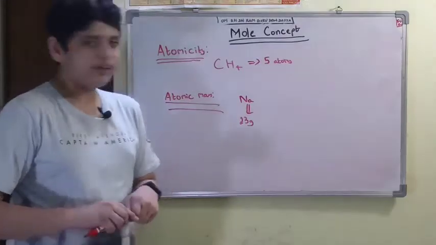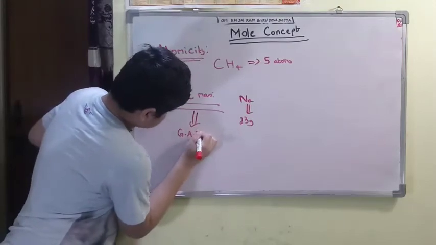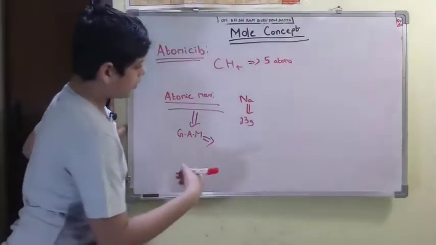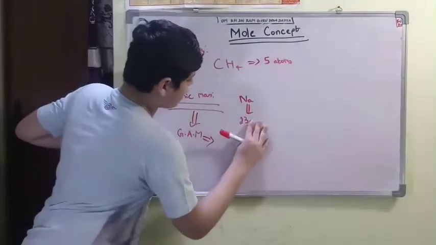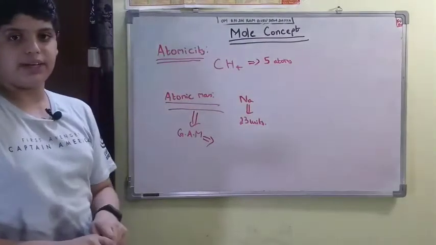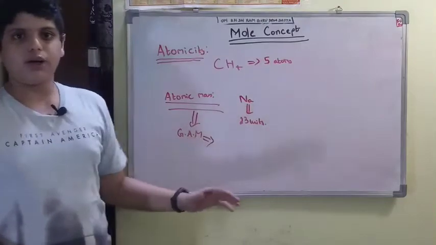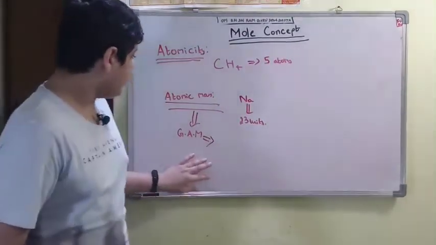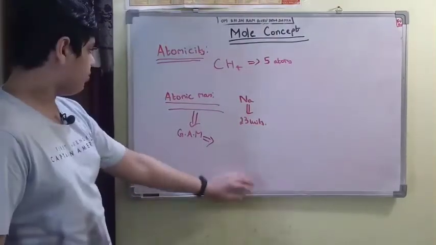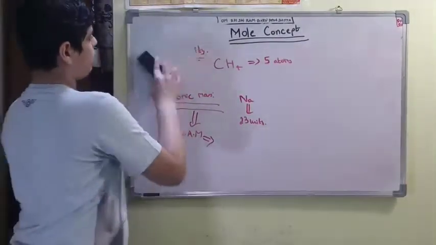Okay. So now we will move on to gram atomic mass. So what is gram atomic mass? I am writing as GAM. Gram atomic weight or mass is nothing but the weight of the element, so we can write this as 24 units or 24 AMU, atomic mass unit. So gram atomic mass or gram atomic weight is nothing but the weight of the substance, the element, in grams. Okay. So in our syllabus AMU and grams is almost the same. So you don't need to worry about anything.